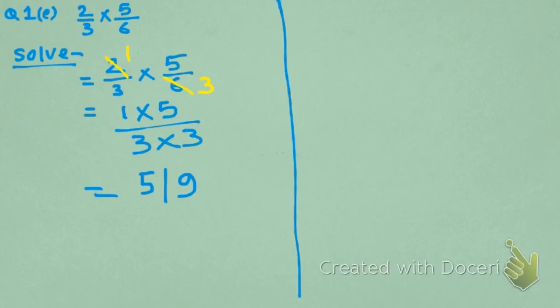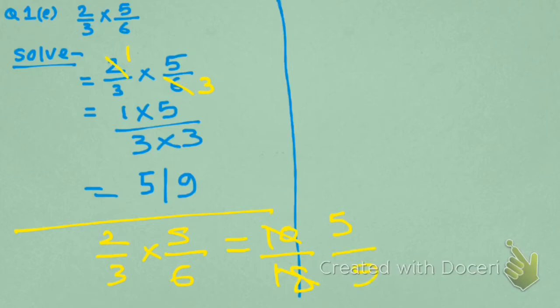Okay, you could have also solved it like that. You could have also solved like 2 into 3 into 5 upon 6. What it became? 10 upon 18. After that, you can again reduce it: 2 5 times and 2 9 times. So your answer was 5 upon 9. This type of method was given in the example. You can directly divide here or you can divide after multiplying. Okay, this is your choice.